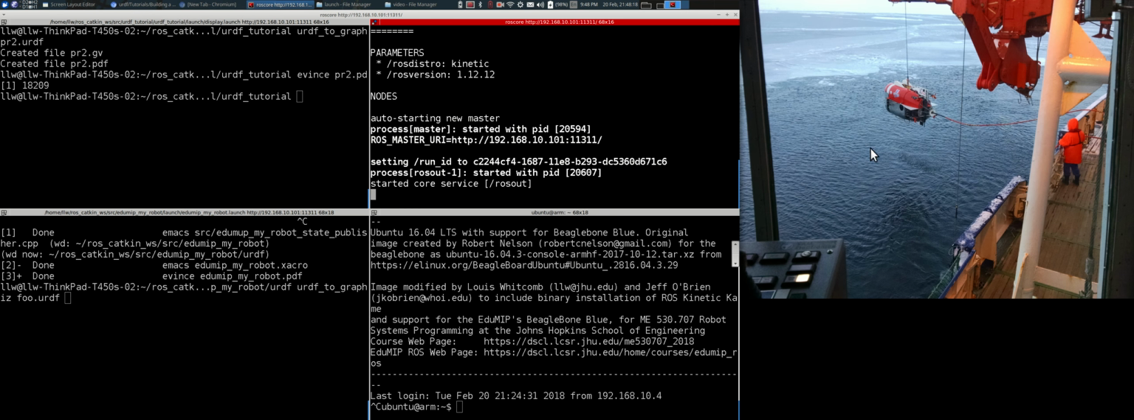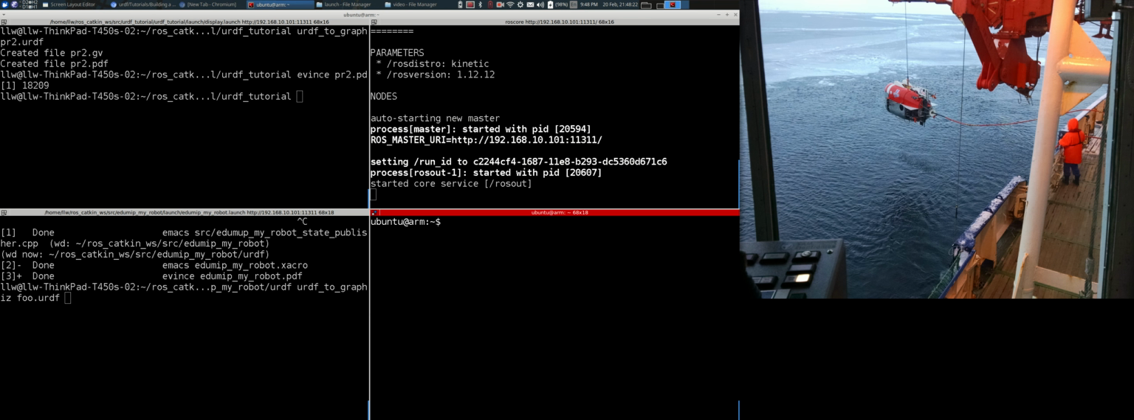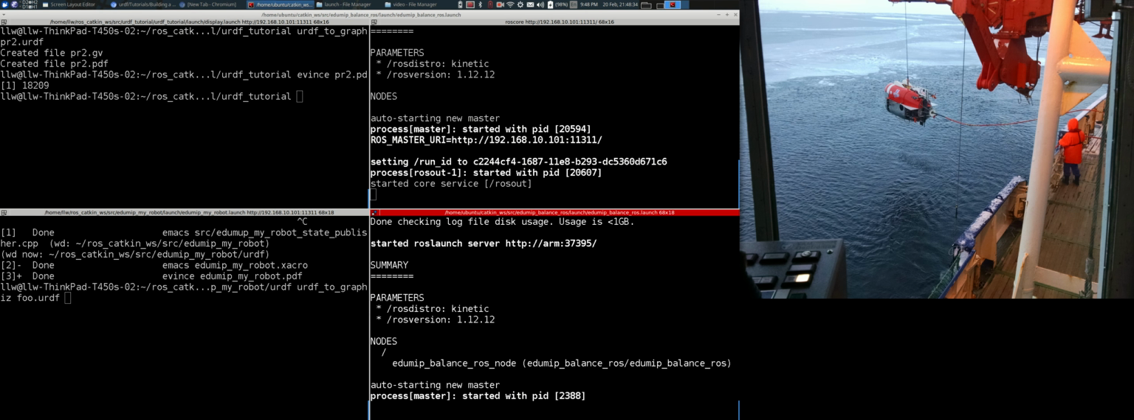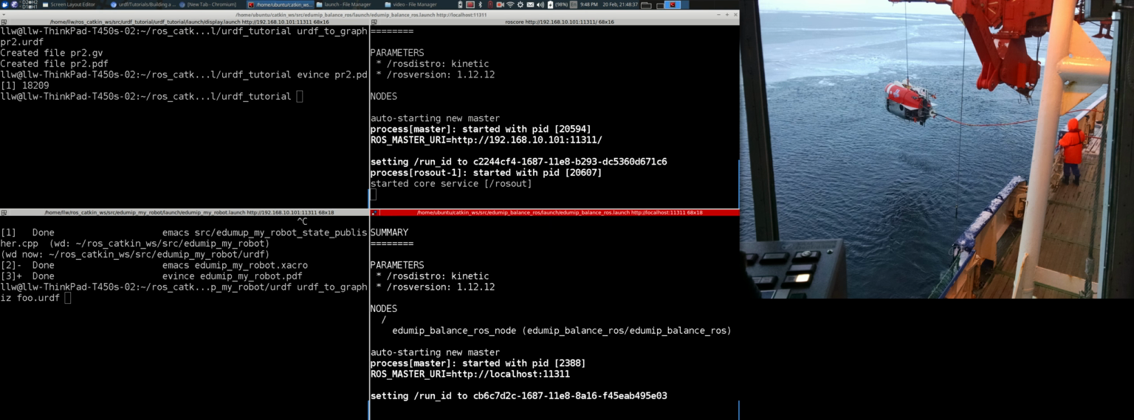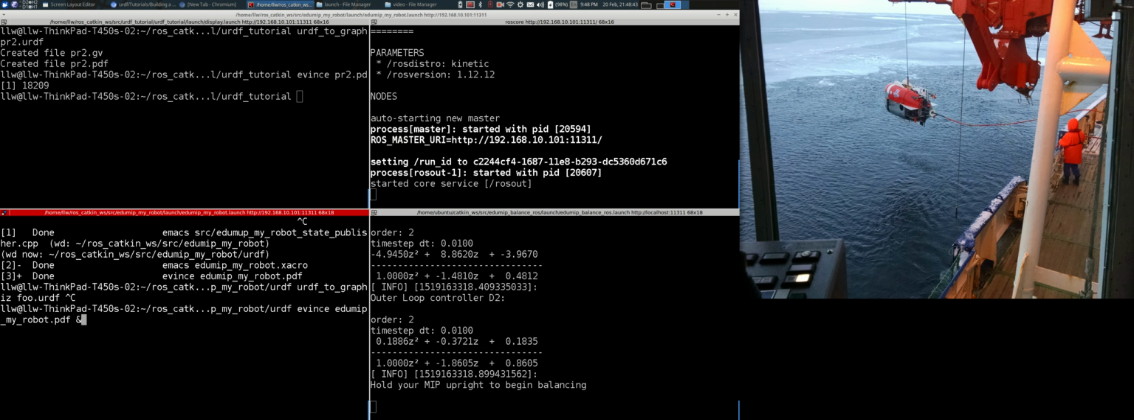start a ROS core in the upper right. In my lower right, I'm logged into the EduMip, and I'm going to say roslaunch edumip_balance_ros, edumip_balance_ros. You've done this. It thinks about it for a little bit, and if you have all of the environment parameters set, then life is good. And in this window, I'm going to run the ROS node